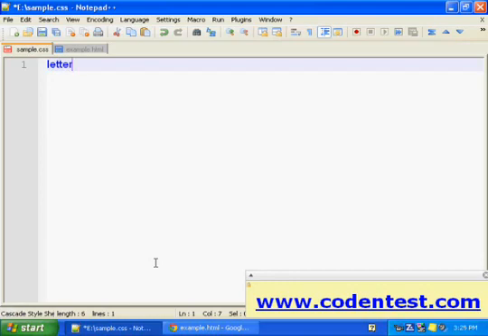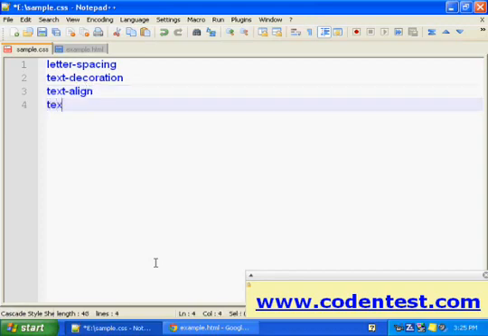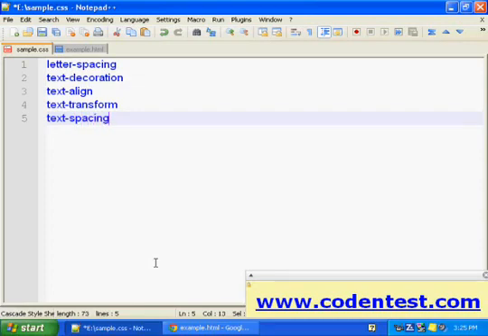letter spacing, text decoration, text align, text transform, word spacing, and text indent.